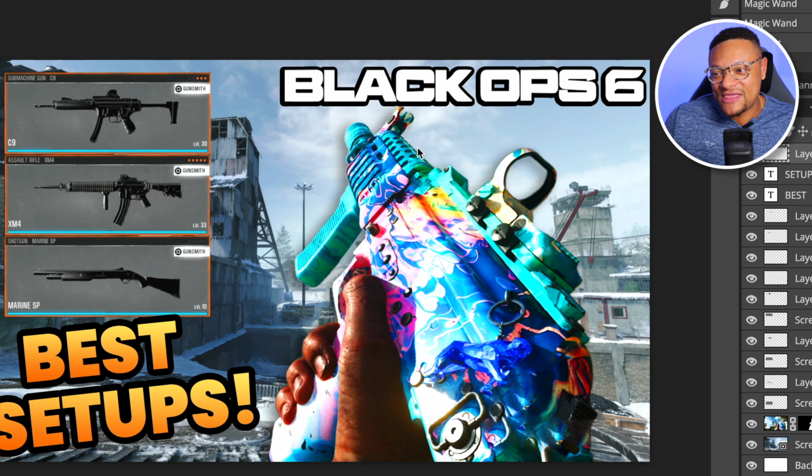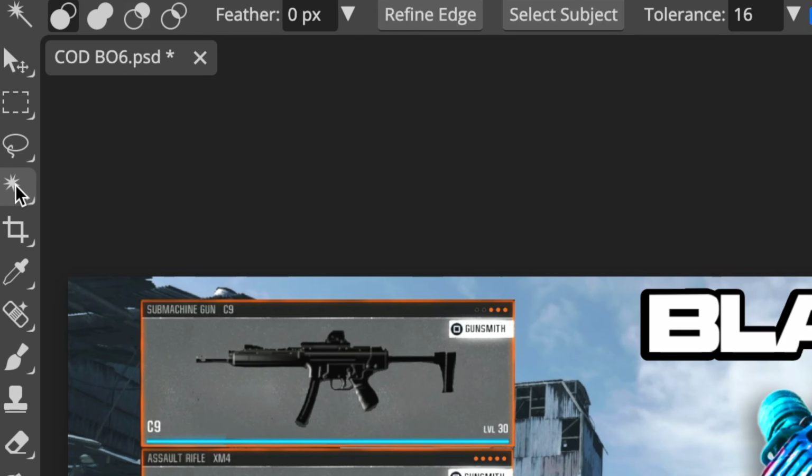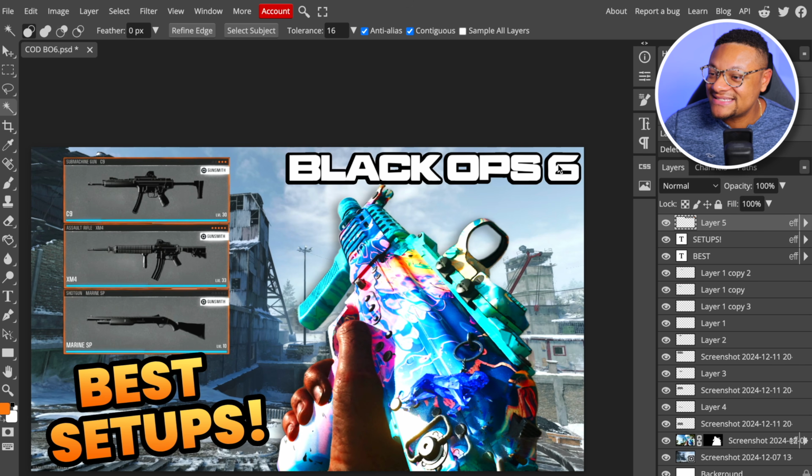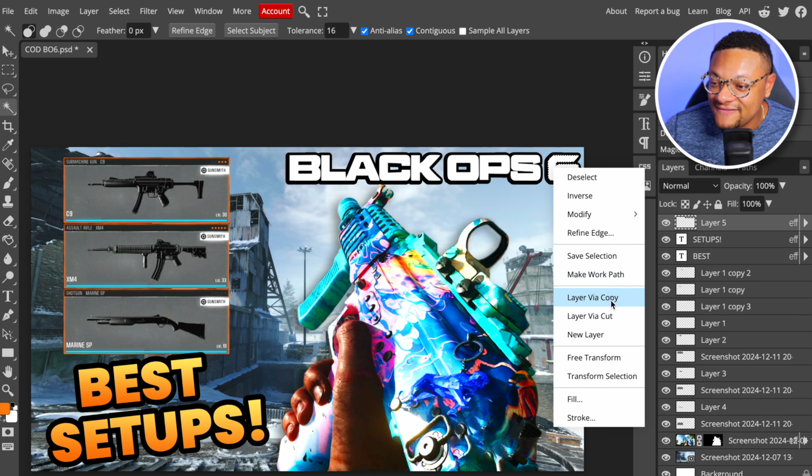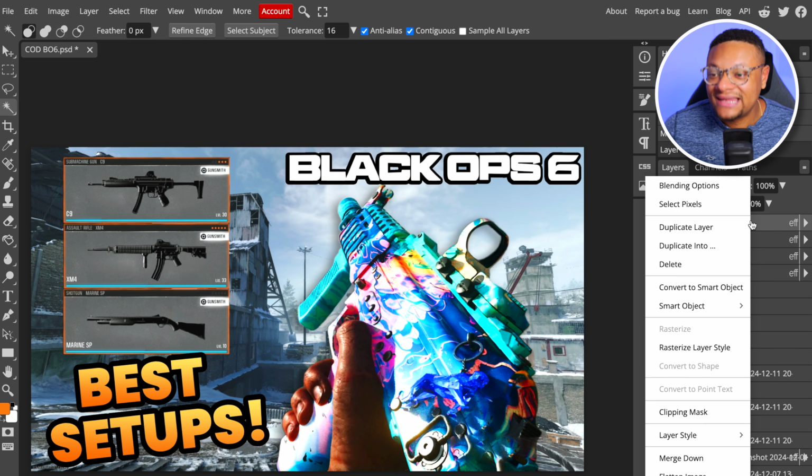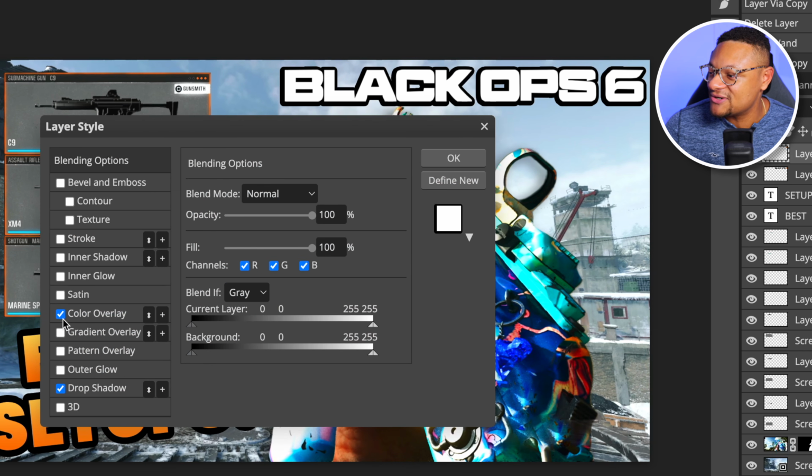We can't just say, yeah, this is the logo, because it has to be recognizable to the masses. So to do that, let's make sure our magic wand tool is selected. Let's highlight the 6 within this layer, and then right click and choose layer via copy. Then right click that new layer, go to blending options, and turn off the color overlay effect because